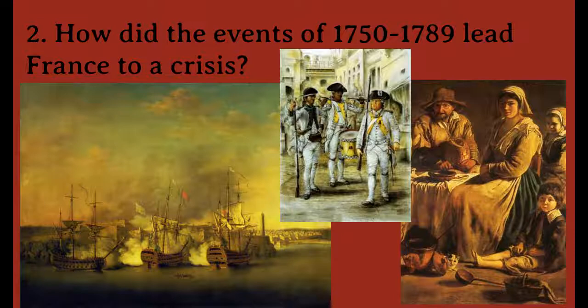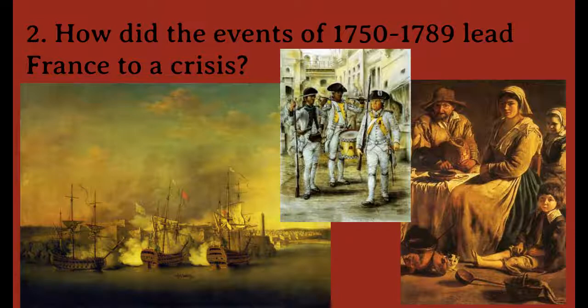There were also a number of other economic problems that led to the French economic crisis and France's declining credit rating in the world. But the major thing that tipped the balance was a series of bad harvests. In the 1788-1789 seasons, there was a drought, there was unseasonably cool weather, and this led to bad harvests for the agricultural workers, which, as you recall, make up 80% of France, and it led to widespread famine and, in fact, starvation.